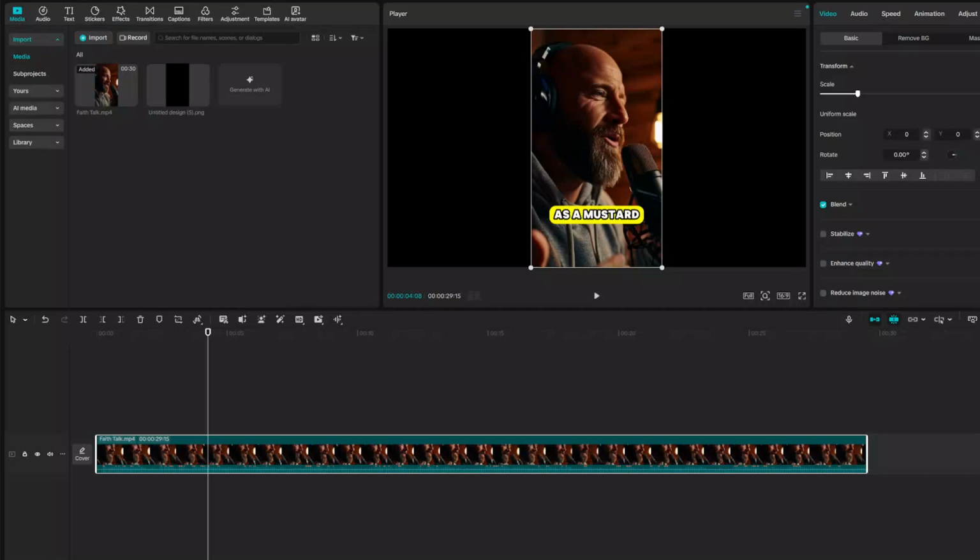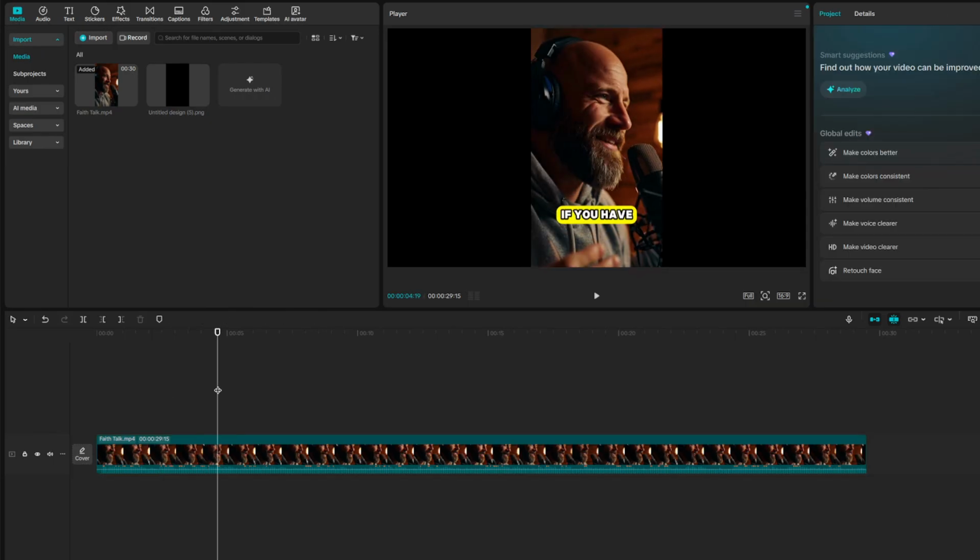In today's video, I'm going to teach you how to add a blank screen in CapCut. This is perfect for creating a dramatic pause, hiding a cut, or giving your viewers a moment to absorb information before the next scene. Start by opening CapCut, importing your video, and placing it on the main timeline so you